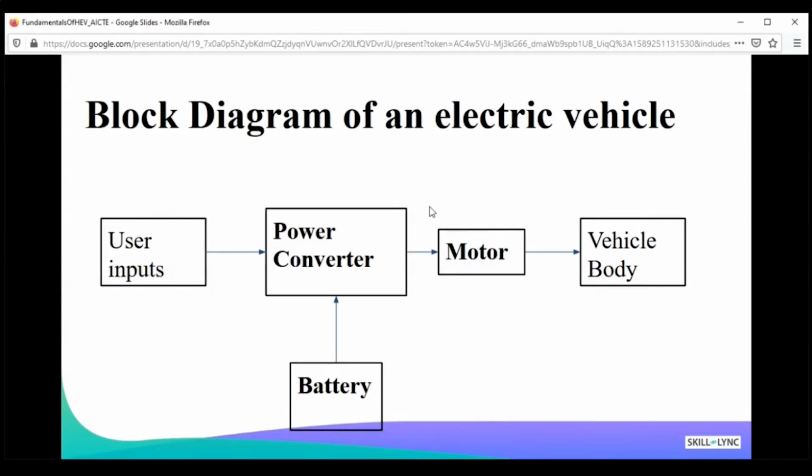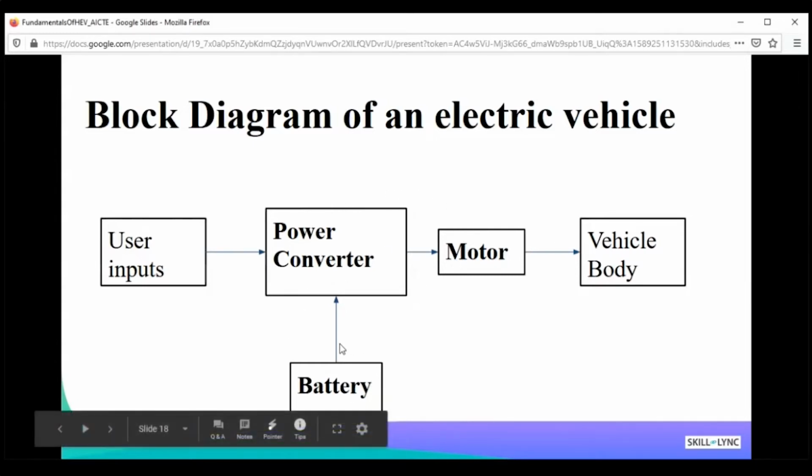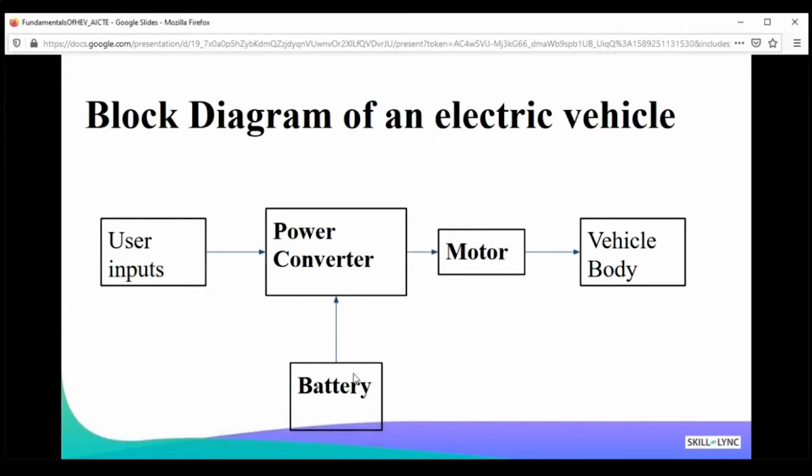So this is as equal as your mind and your muscles, right? Your brain and the muscles. So brain is going to provide control signals to the muscles, and muscles will act accordingly, right? So as if you tell yourself that I want to now run, or now I need to walk in this direction for 5 steps, right? So that is exactly the control commands provided by the driver, and the power converters and the motor are going to follow that, right? So these are the muscular parts. This is the energy storage part. This is the energy stored in the chemical form in the battery.